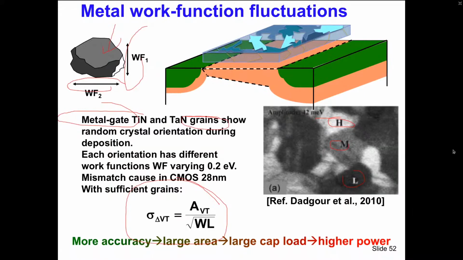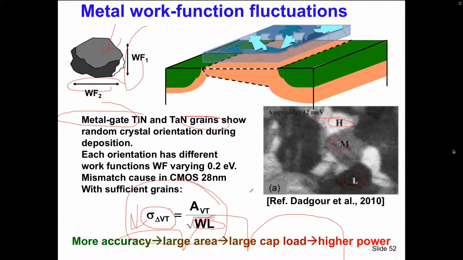And that means that also today we face this ugly dilemma, because what we want in A to Ds is to get this down. We want the spread of, for instance, the threshold voltage or other parameters, we want to get that down. But in order to get this down, I need to increase the area. And that means more area means more accuracy means larger area, larger capacitors, and higher power. So this is the ugly dilemma that until now has not really been broken in design.